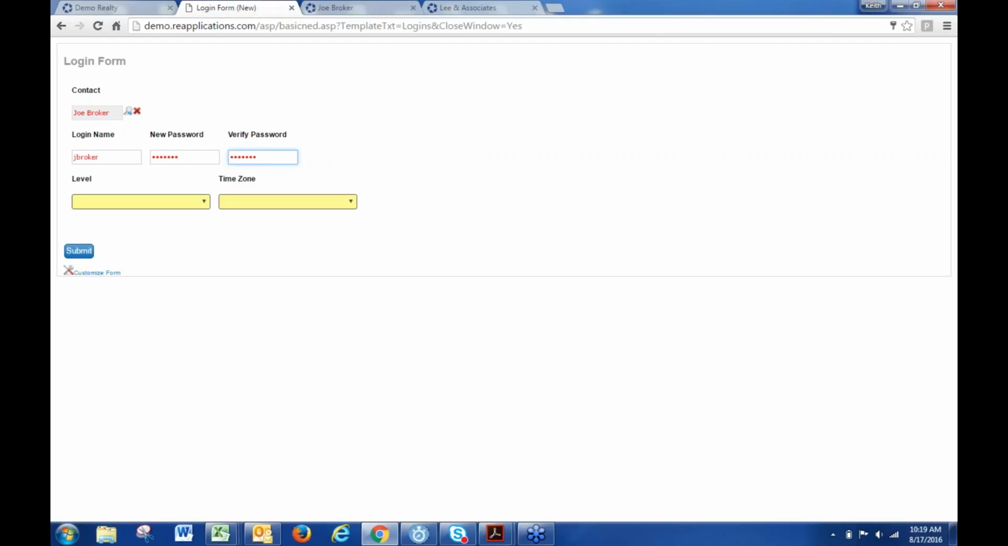If the user pushes the button to have it emailed to them and they do not have an email address in their contact record, guess what? It's not getting emailed to them. Which is why it's so important that they have an email address attached to their contact for many reasons, but that's just one of them. Okay? But in any case, I put in my login name, I put in my password, I verified it,